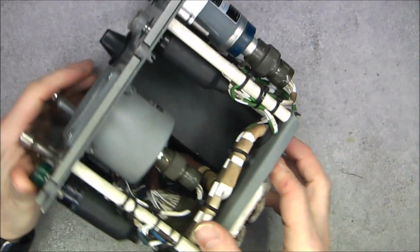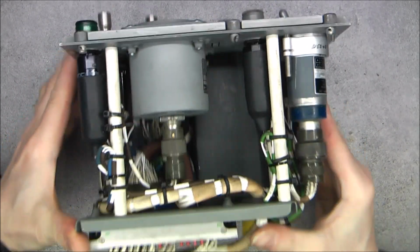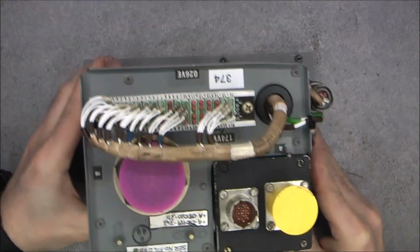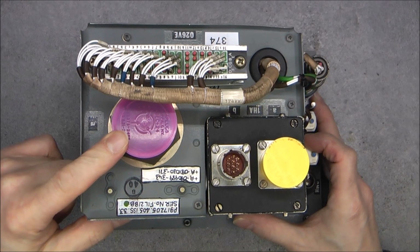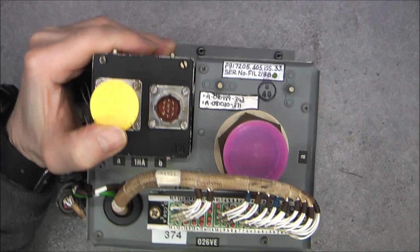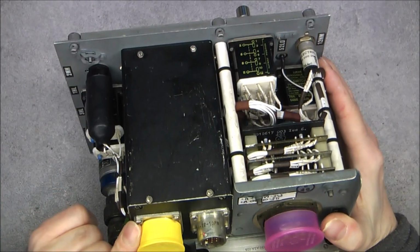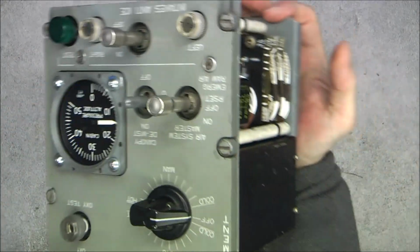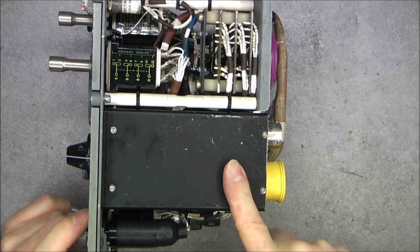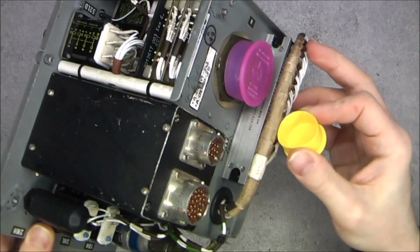Here is what it looks like on the side. So you can see it is the panel with everything mounted on it, and on the back, big main connector, big wiring loom. Here your model and serial numbers. This module obviously is for the cabin heat selector. I believe it contains more than just a switch, because you can see it is quite big with two big plugs,